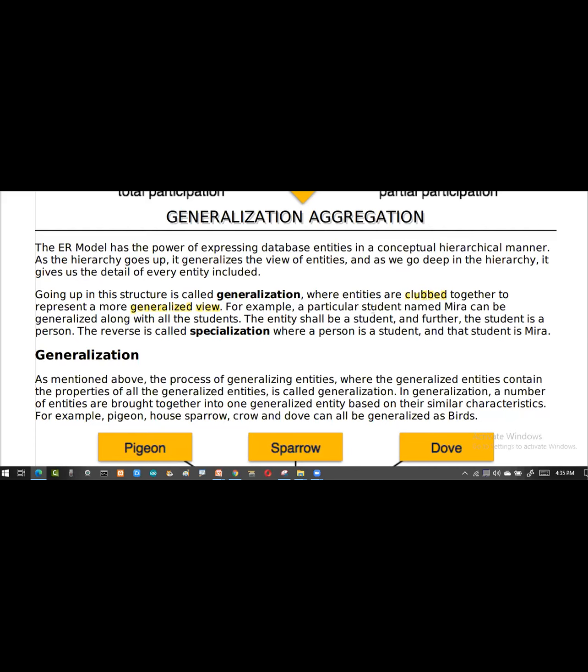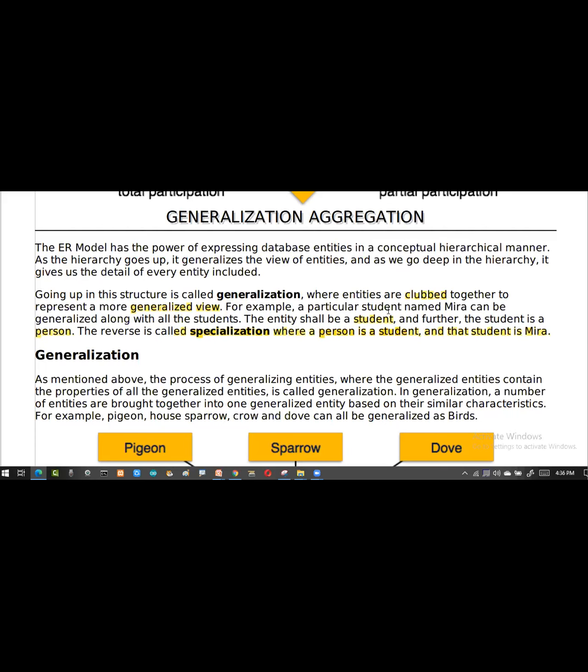For example, a student named Mira can be generalized along with all the students. How will it be joined? The entity is a student, and further the student is a person. The reverse of this is called specialization, where person is a student and student is Mira. So this is specialization, this is generalization.